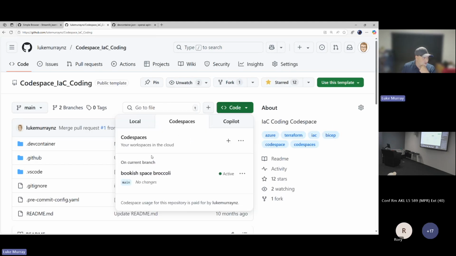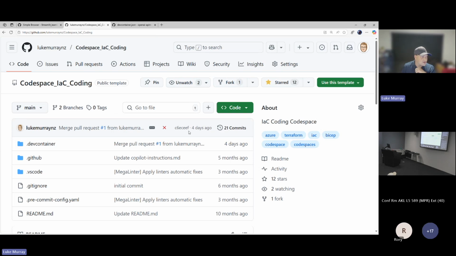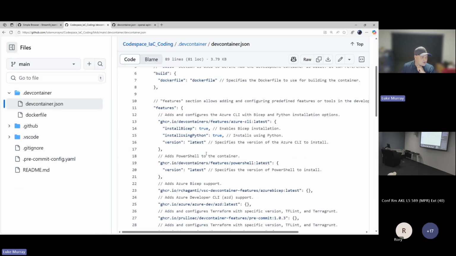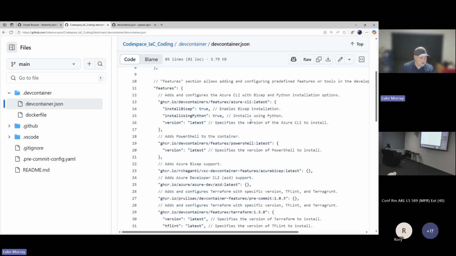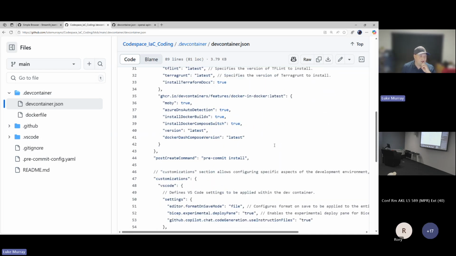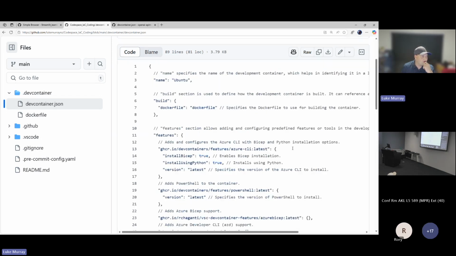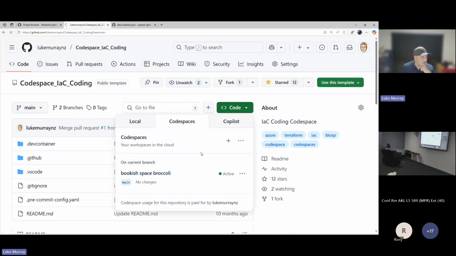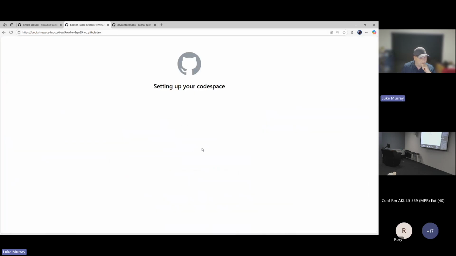Codespace, and this is the template that I share a lot in my blog articles, because this is the configuration that has things like the Azure CLI installed, PowerShell installed, Bicep, AZD, pre-commit, Terraform, Docker and Docker, so you can run Docker images on Docker in this as well, which I am doing. So if I open up this,